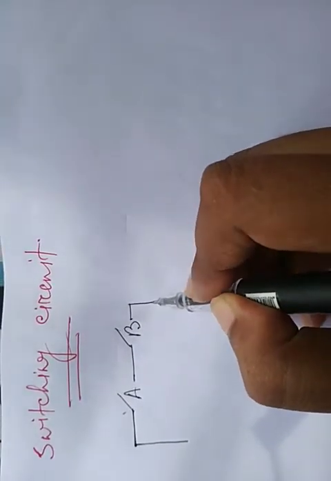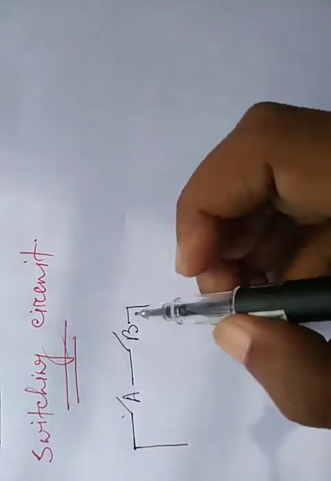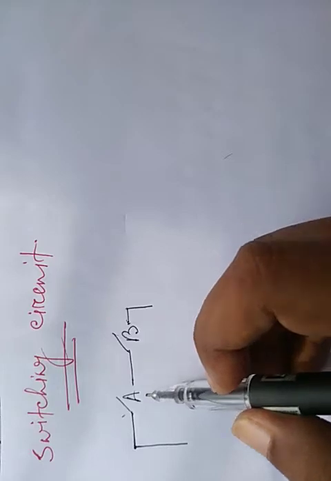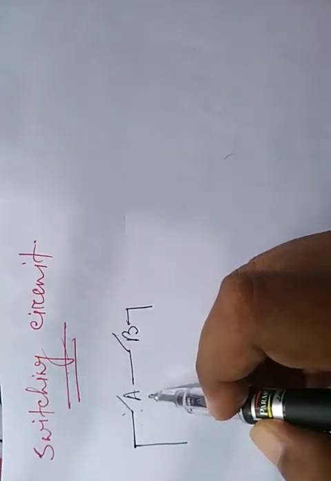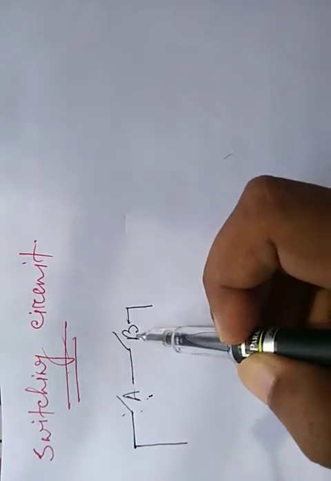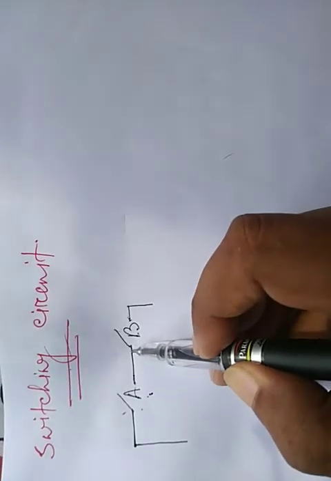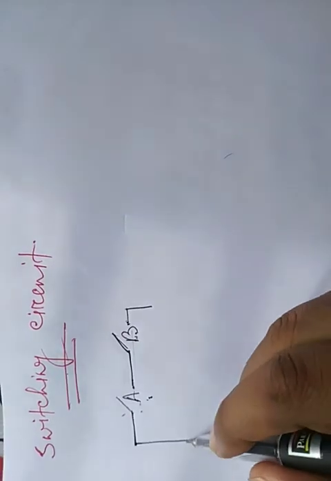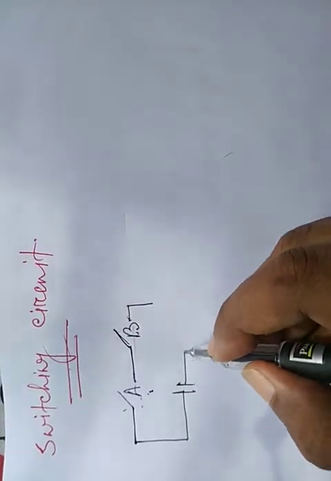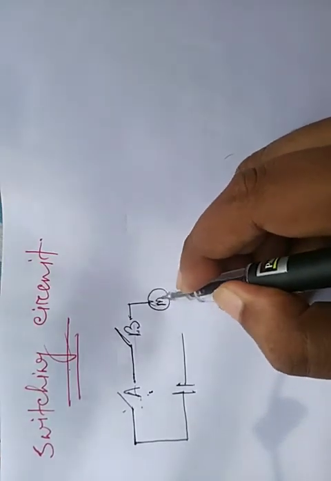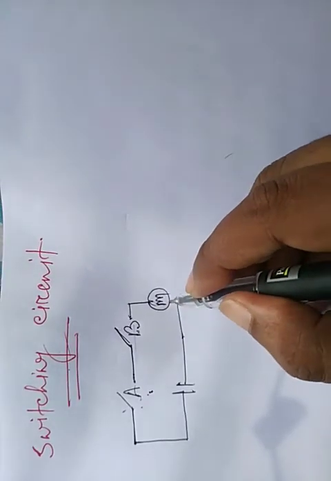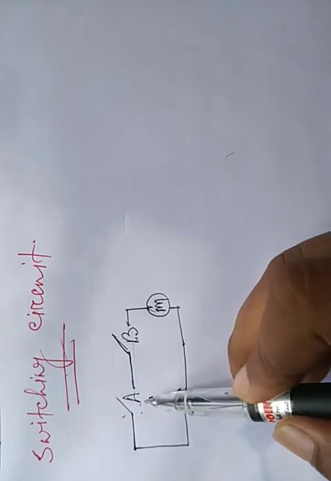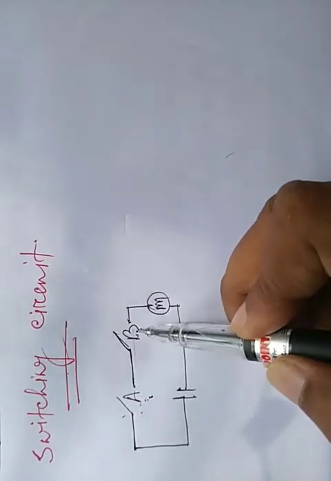Series and parallel: I don't know whether you have learned series circuit and parallel circuit in class 9 and 10. For AND operation, all the input signals are connected in a series way. Series means in one line. For every circuit there needs to be one battery and a bulb. Here the switches are used like this way.